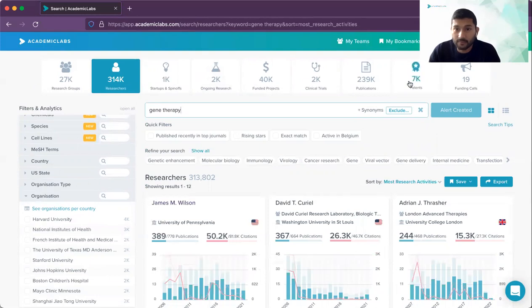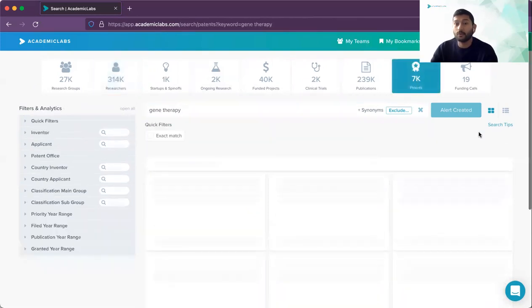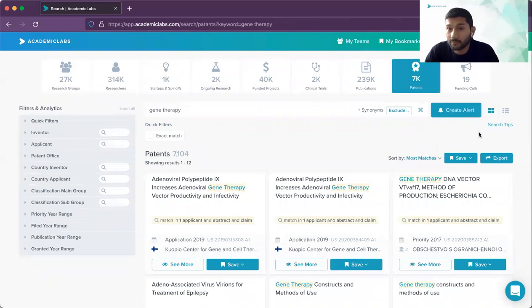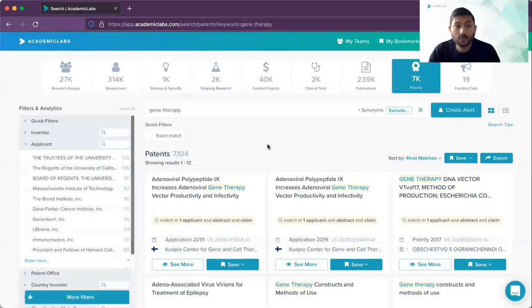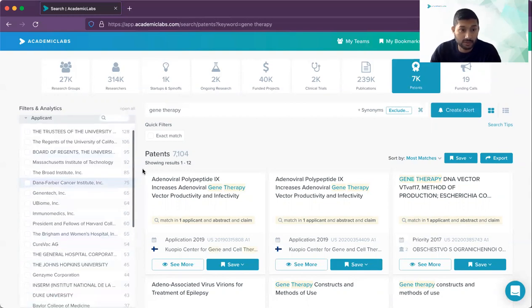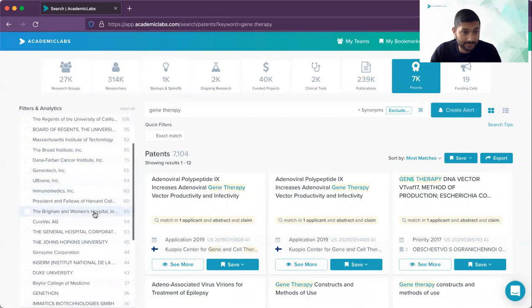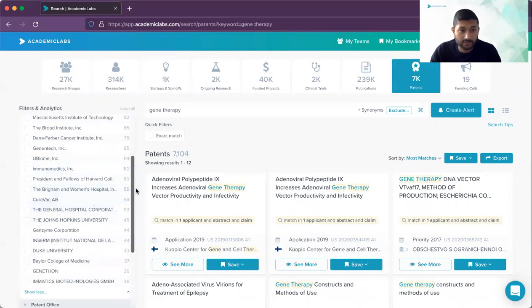You can do the same type of analysis based on the wealth of R&D knowledge that is out there associated with the company. So for example, you can go to the patent section and see, based on the number of patents, which are the companies that have filed the most patents on your topic since 2015 onwards, which is what our data is based on. You can find in this list that from 2015 onwards, Genentech, Ubiome, Immunomedics, CureVac, and so on have been filing